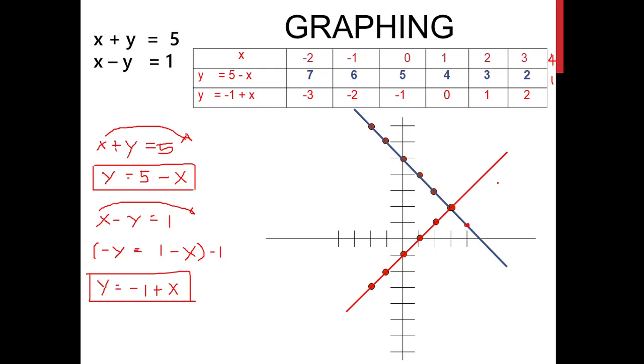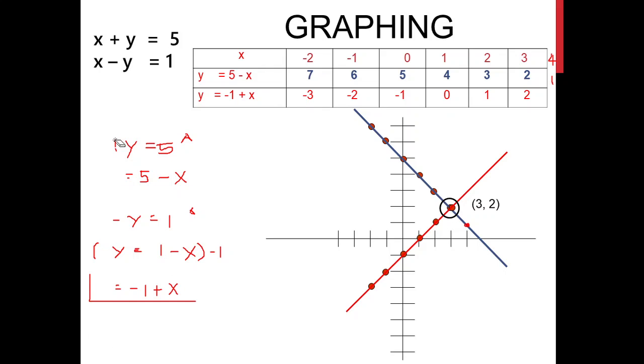Notice on our two equations, we have an intersecting point. This one. Okay? This is the intersecting point. This means this point here would be the solution to the two equations. Okay? Now this point is (3, 2). X is 3, y is 2. So let me erase this one first so that you'll have a clear view on the solution.